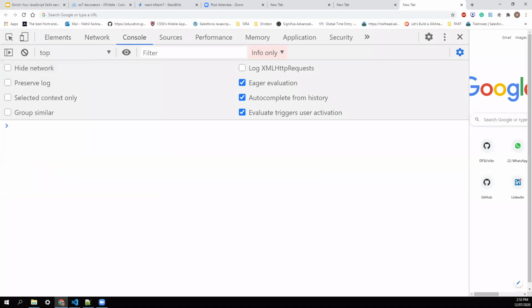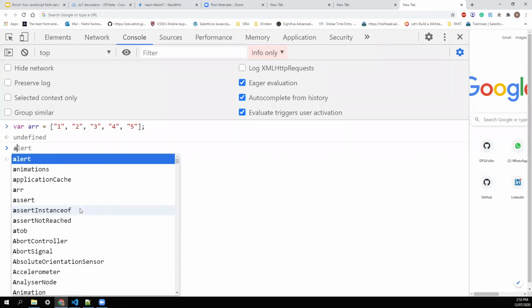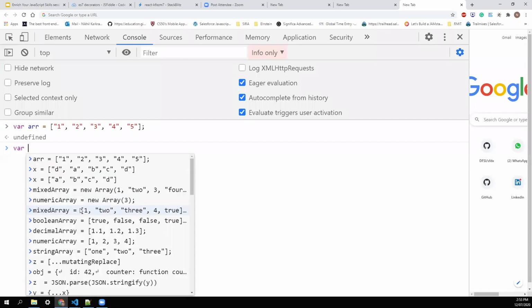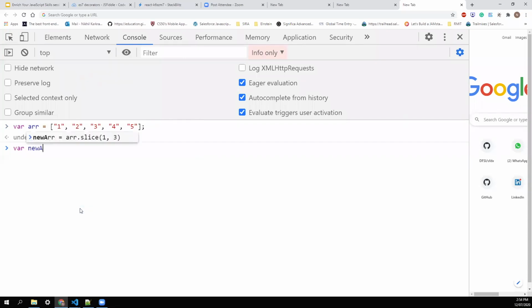Then we have the slice method, and slice always returns a new array. Just note it down because this may be in the exam. So you have an array, and as it gives a new array, we should have a new variable to store that array, and we'll say array.slice.